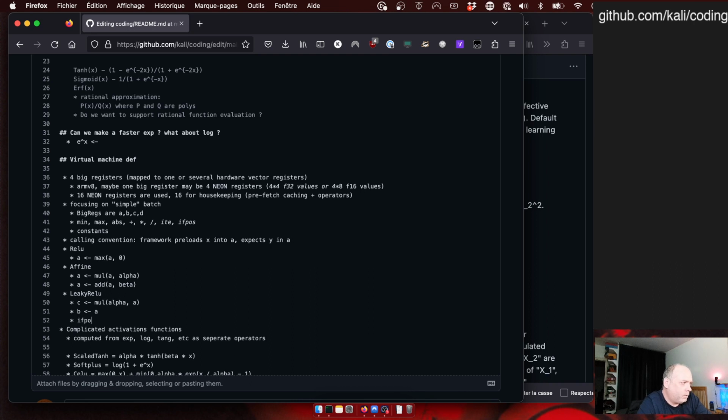We could have an if pos A, if pos B, else C operator. I'm trying to limit the number of operators. I don't want to have a combinatorial explosion of operators. Even that one, I'm not super sure about it, because if I do this, then I will have, let's assume that the constant,